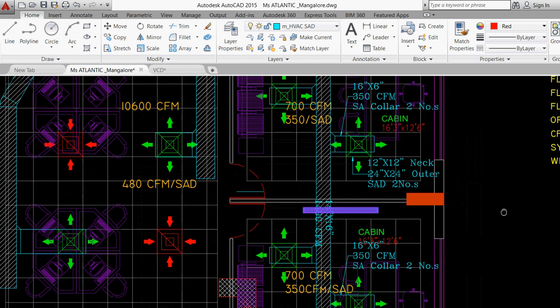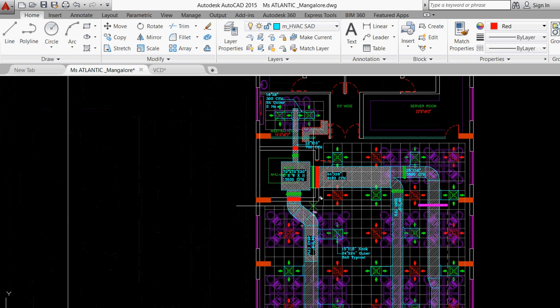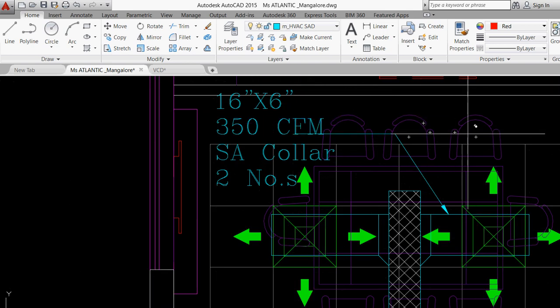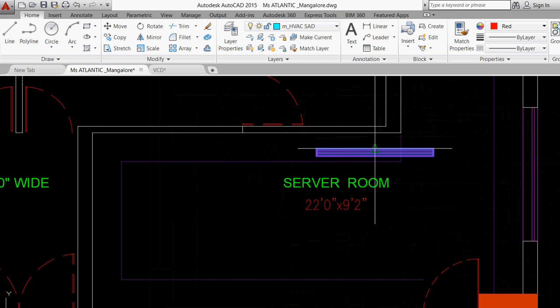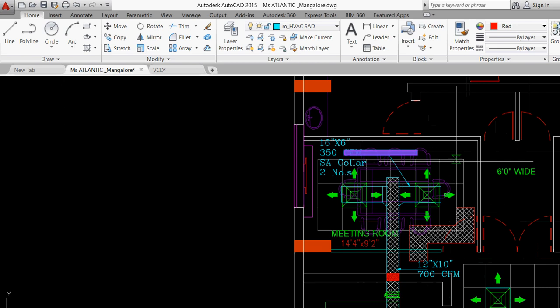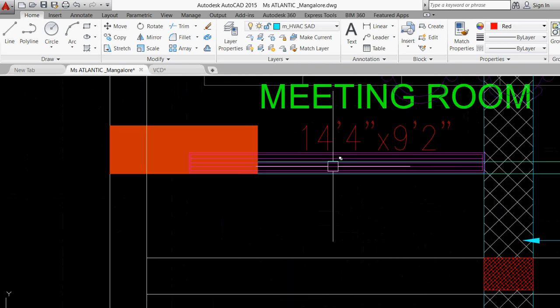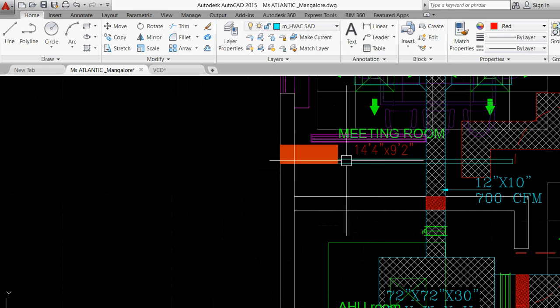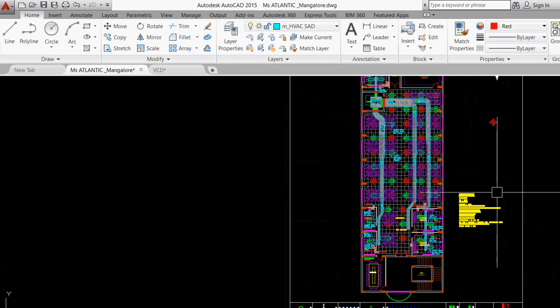Now let me assume this also. I'm placing it from this location to this location, and again similarly I'm locating it at these locations also in the meeting room again. Kept it somewhere over here. Copy, placing it from this location to this location. We might have to push it back forward. Okay, so we have provided all the retainer grills also. Clear? So what we have done is only this part.